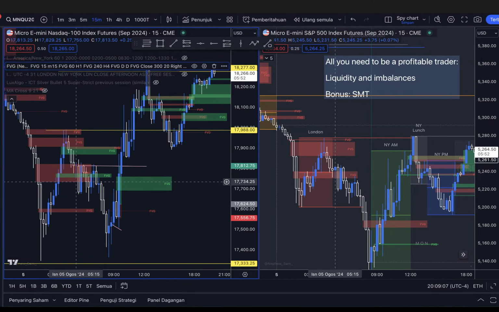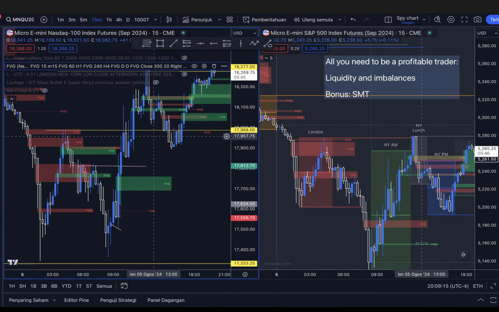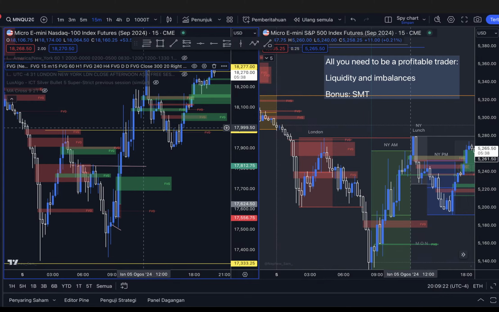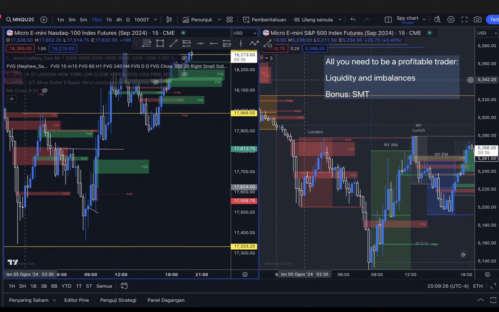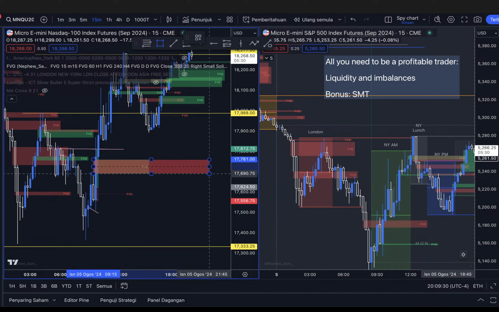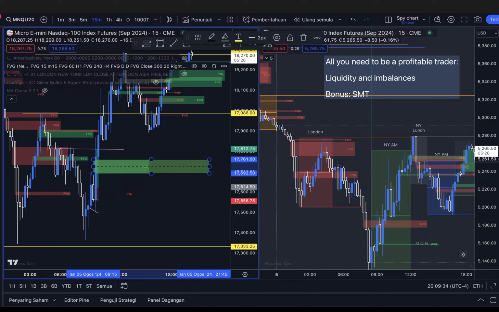Boom. You would have got in here on the 15-minute, take it down to this liquidity. Boom. Good trade. We candle close above this. You can see, especially on the 5-minute and the 1-minute in lower time frames, they're just there. And you don't have to keep these on here. You can just have the indicator, get on and say, this is my favorite fair value gap. I want to wait till it taps into this, turn it green,